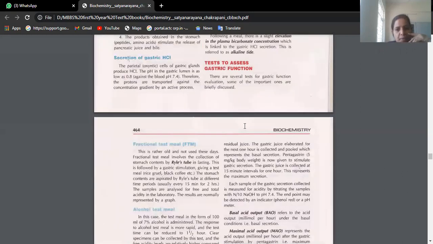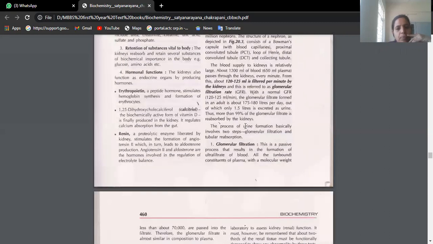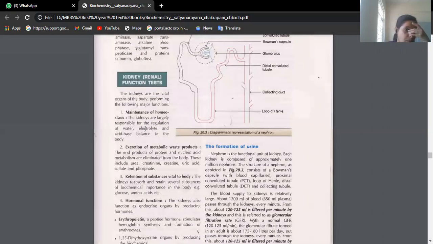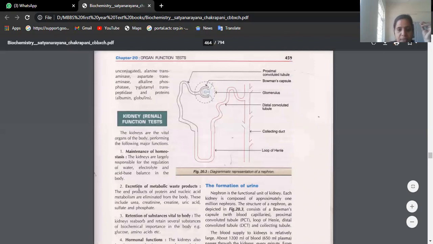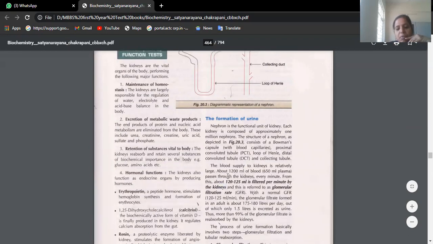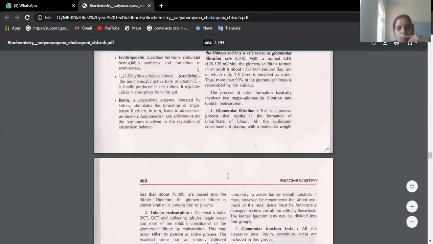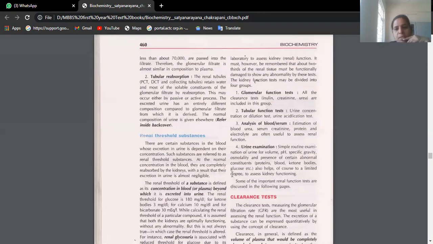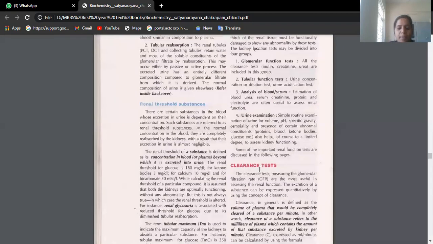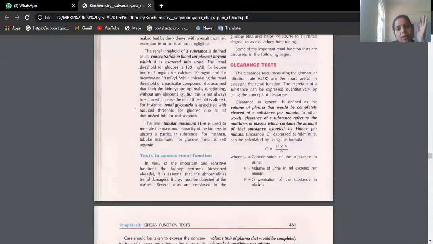Renal function test is our question. Okay, beta? Under this renal function test, we know nephrons are the structural units of the kidney which are concerned with the formation of urine. This we have discussed when we were doing physiology. The glomerular filtration, what are the substances we see in the urine and all. Basically, we see urea, uric acid, creatinine, and certain minerals as excretory products dissolved in water. That is the composition of urine.